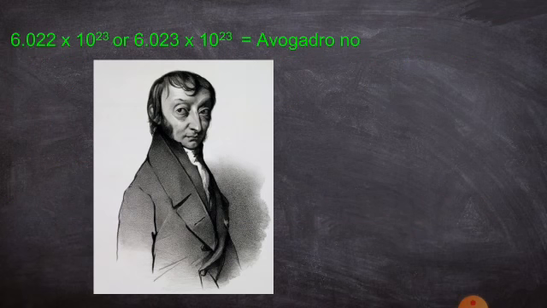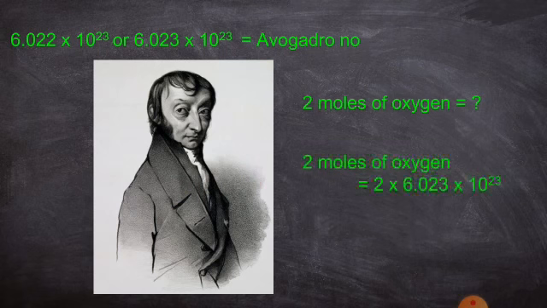The significance of Avogadro number was given by the Italian scientist Amedeo Avogadro. So as you all know, 1 mole of any substance contains 6.023 into 10 to the power of 23. Then what about 2 moles of oxygen? Then you have to multiply with 2. 2 into Avogadro number, finally you will get the 2 moles of oxygen. If you want to find out for 5 moles, then you have to multiply with the